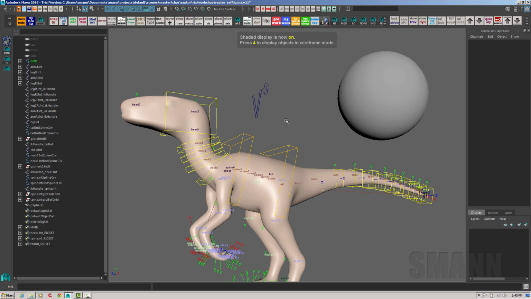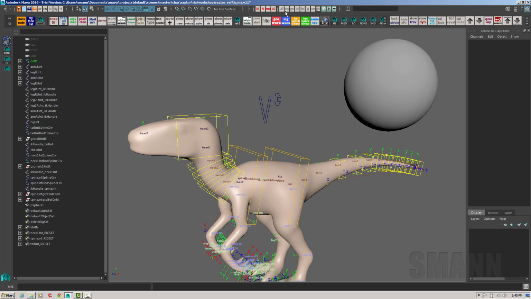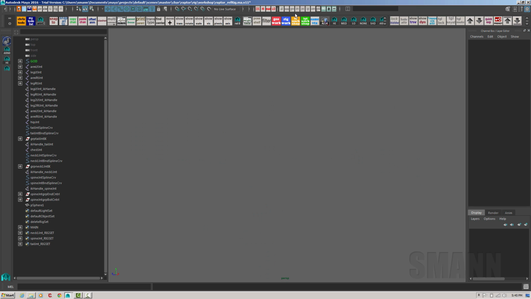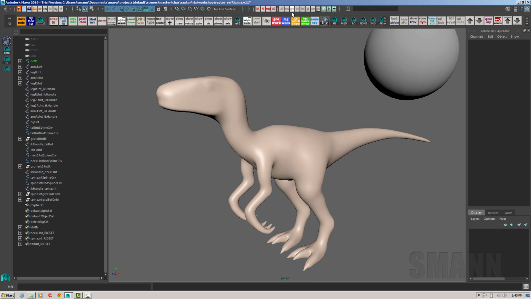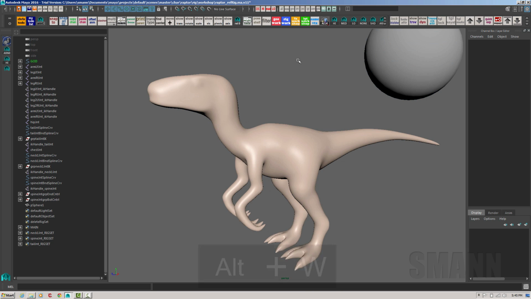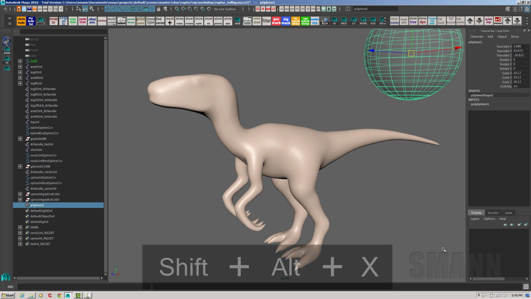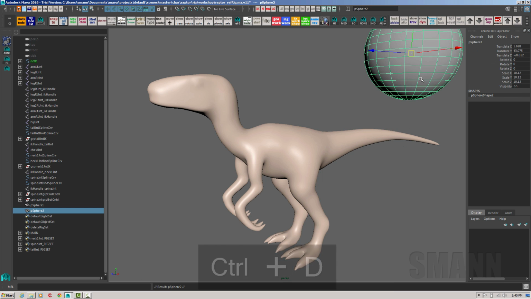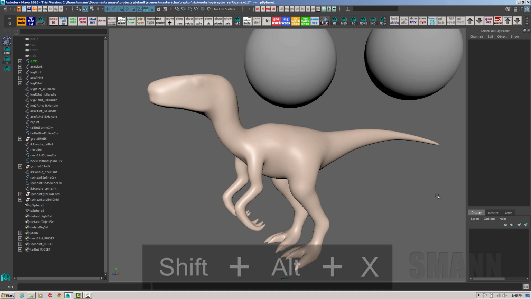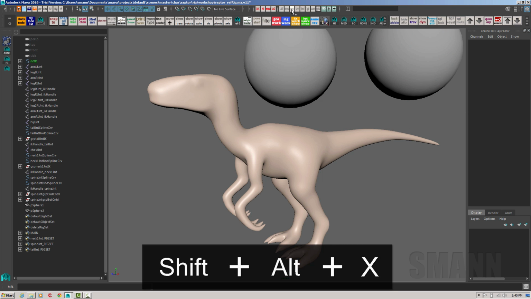These are your panel view. I just have an all or a none. If I click none, it shows me none. If I click geo, it'll show me just my geo. Incidentally, Alt W for show wireframe, Alt X to show X-ray, Alt Shift X-ray just to X-ray certain objects. So that I can do geo